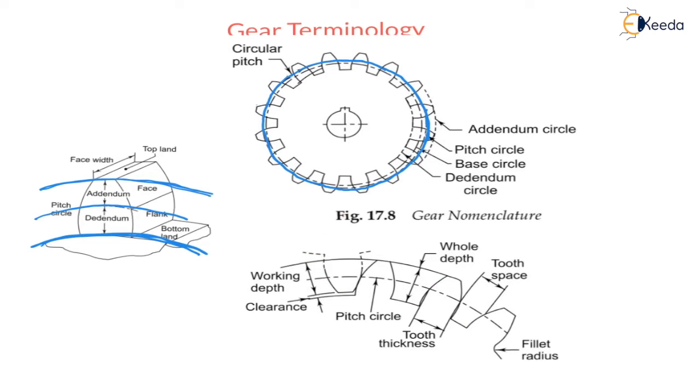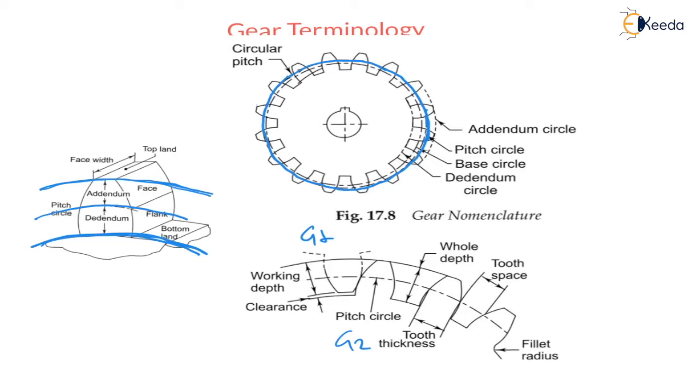Let us say the upper side is the pinion and the lower side is the gear, right? Now these two teeth, this is the teeth of gear 1, and here are the teeth of gear 2. Gear 1 teeth and gear 2 teeth. Now they meet at the pitch circle, where there is pure rolling motion between these mating gears.